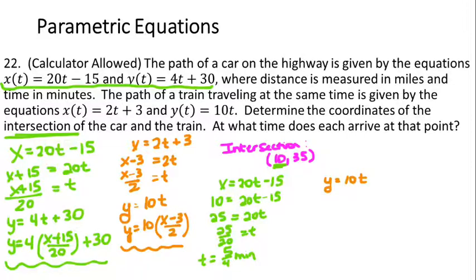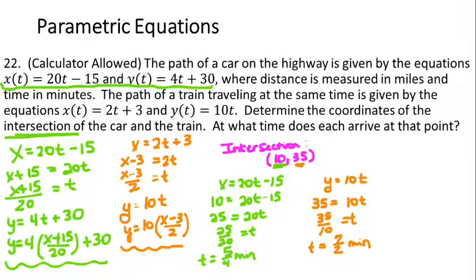I want my y to be 35. So 35 equal to 10t, and t equals 35 over 10. So t is equal to 7/2 or 3.5 minutes. So they both get to the point, but at different times, and so there's no collision here, just an intersection